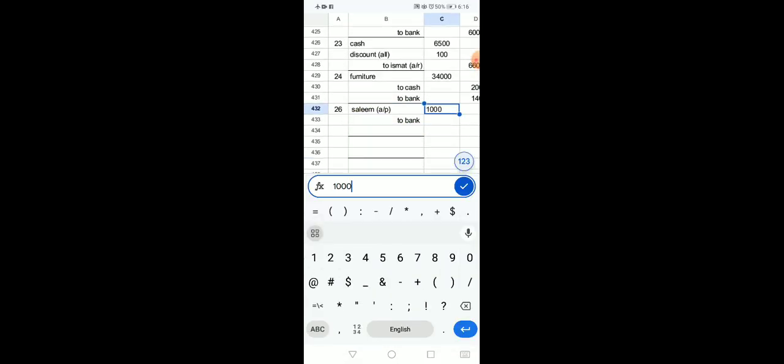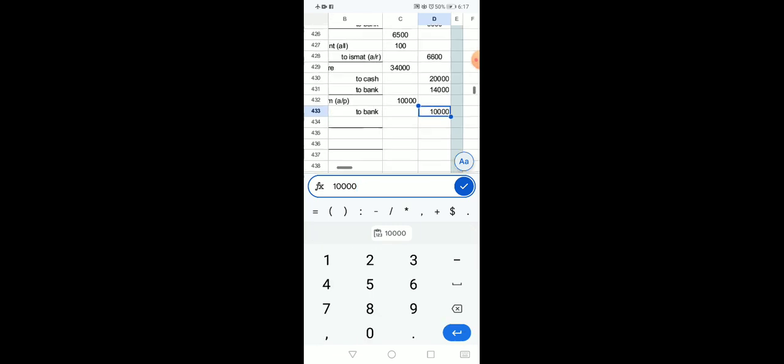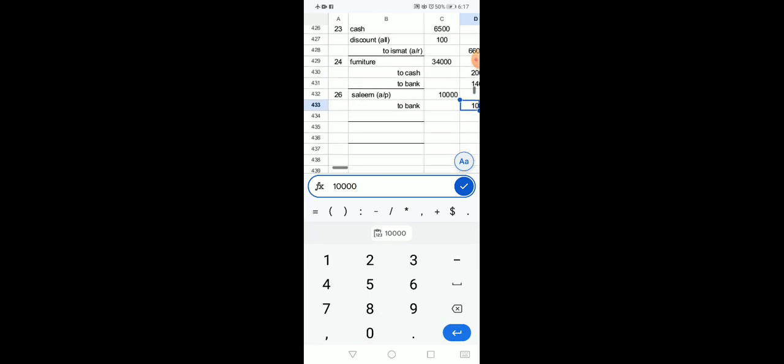Let's see how much amount for 26. It is mentioned like it's 10,000, so you will write 10,000 over here on debit side, and the same amount you are going to write on credit side, 10,000 and 10,000. What happened next